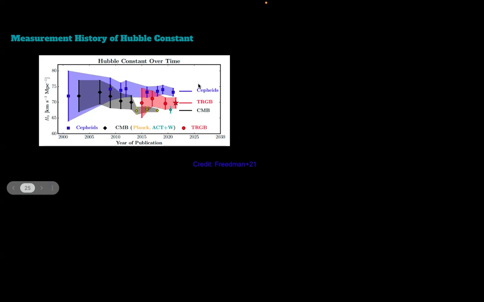And then there are multiple other probes. This is the tip of the red giant branch estimates. These are also local universe estimates, but this falls somewhere in between. So the point is there is a problem in the estimate of the Hubble constant, and we are very concerned about this estimate of the Hubble constant because it sets everything in cosmology: the physical size, the age of the universe, and all other things. So yes, this is a serious problem. You can see how many publications are going on to estimate the Hubble constant.